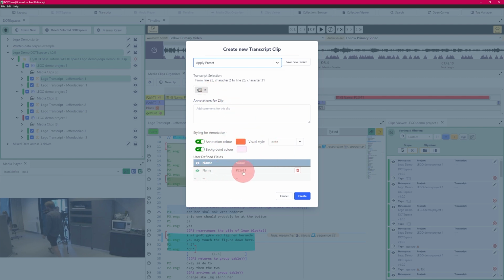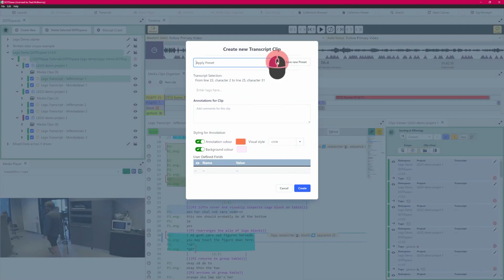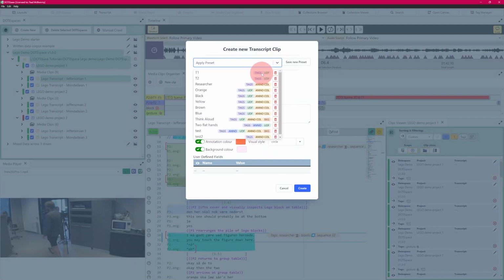styling, replaces the name to create a first attempt at a new clip, and then you can edit and add whatever you want, for example there, and add new user-defined fields. So the whole point of the clip presets is to apply, and you can apply one after another. For example, if we create a new one again, you could choose, for example, one that's to do with